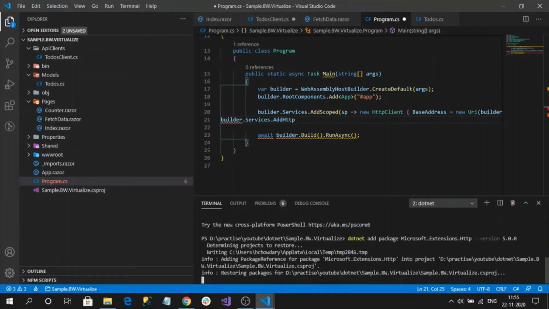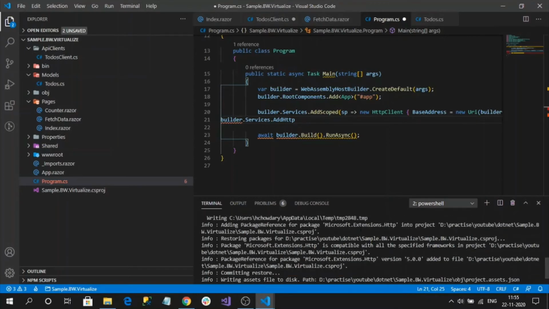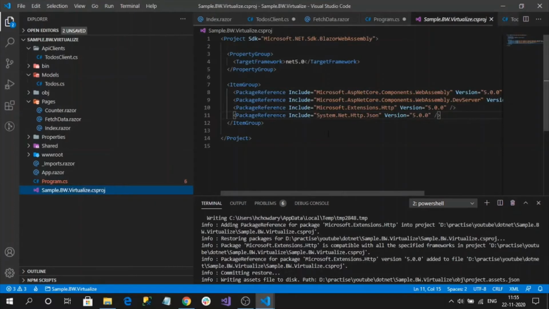So it will take some time. So it is installed, I think. To confirm it, we can check here. So this is here, Microsoft.Extensions.Http has been installed. Now go to our Program.cs file and